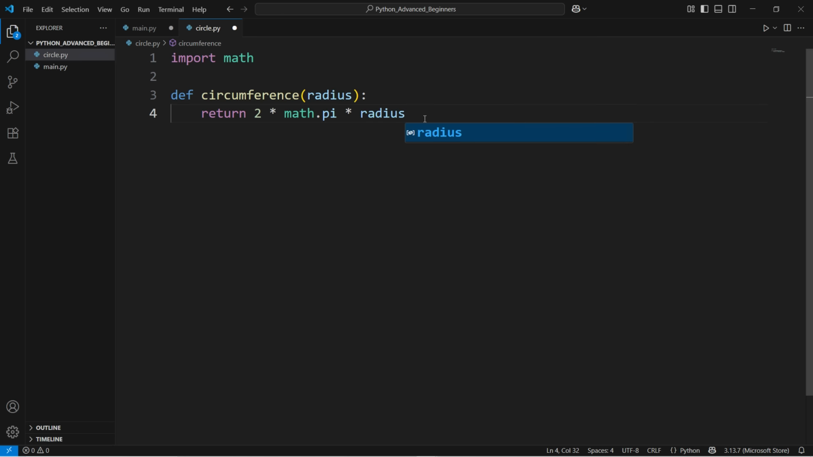Let's define the second function. So type def, and this will be area, and in the parentheses, type radius, type your colon, and in the body, let's return the formula for that. So type return,